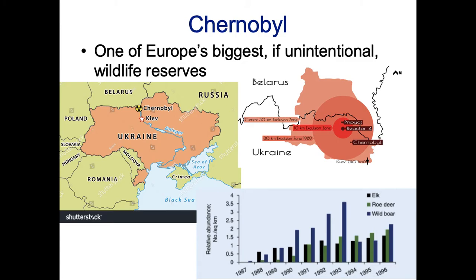Another very unlikely conservation area is Chernobyl, which is one of Europe's biggest unintentional wildlife reserves. Chernobyl is the site of a really bad nuclear reactor accident. And this shows, so we can see we're here, we've got Ukraine, Belarus, and Russia. So this shows that area here, so Russia, Belarus, Ukraine. This is where Chernobyl is, and this is where the reactor is, and so you can see there is a